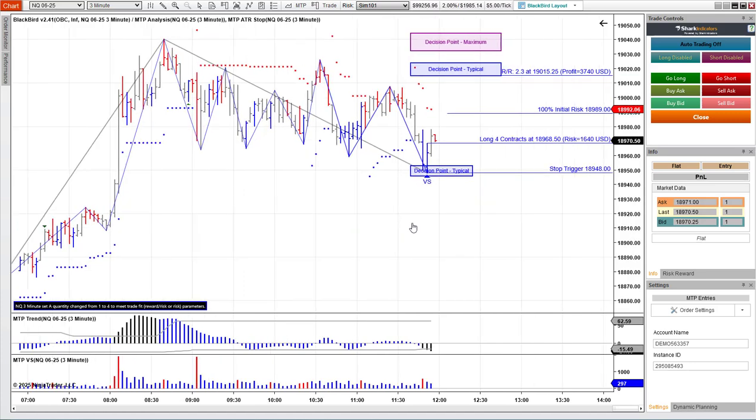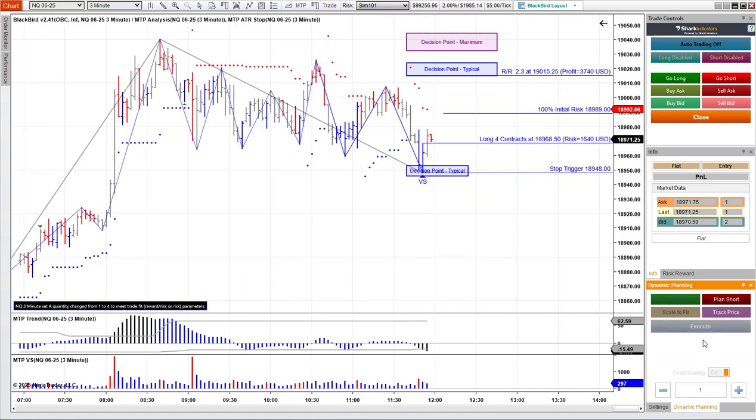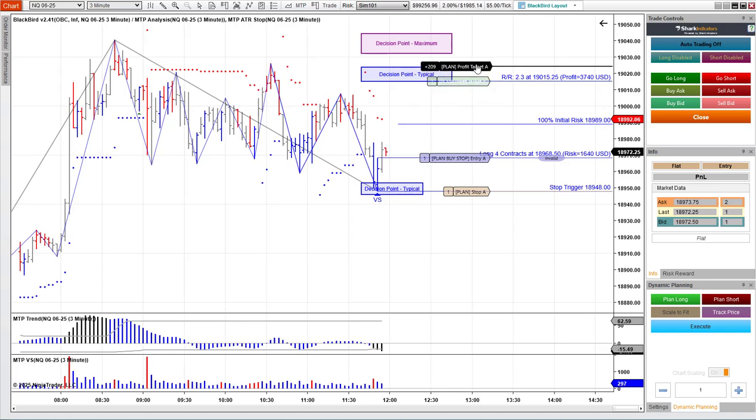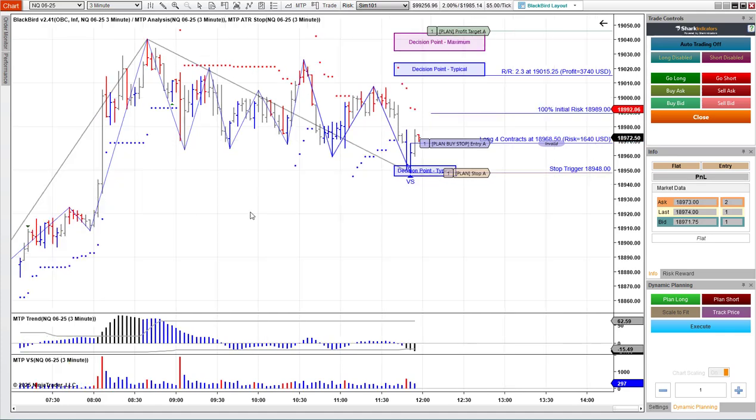So when you place your MTPredictor analysis on, when you do your orders in Blackbird, the entry level, the stop and your target price are at your MTPredictor levels. And obviously what you can do is, if you wanted to change the profit target, you can. If you want to change the stop level, you can. These are all adjustable within Blackbird, but it gives you an initial placement to place these at where our MTPredictor levels are initially. But again, I must stress,